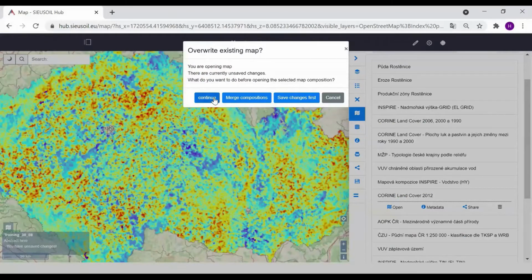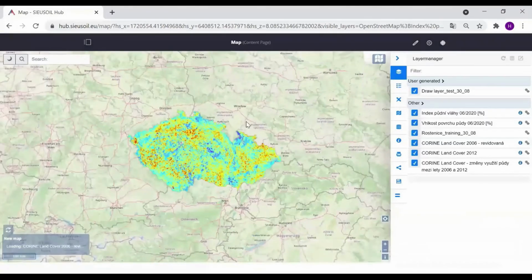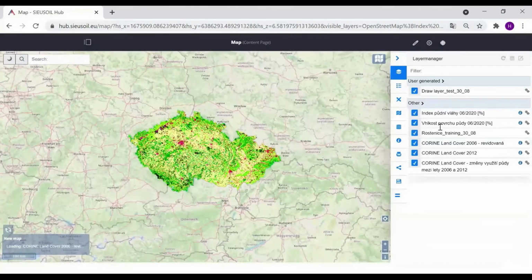If we click continue, this map composition will disappear and it will be replaced by the Korean land cover.